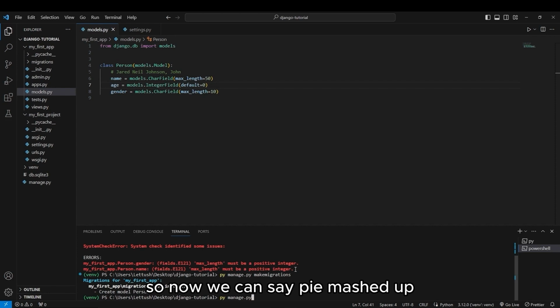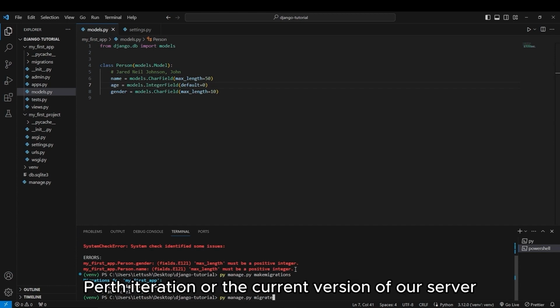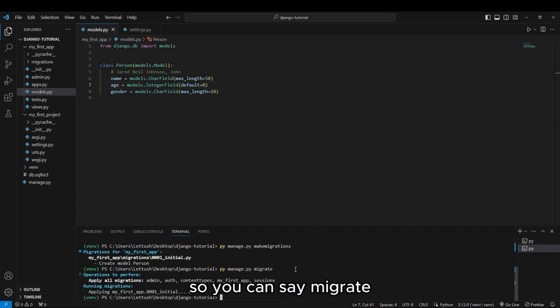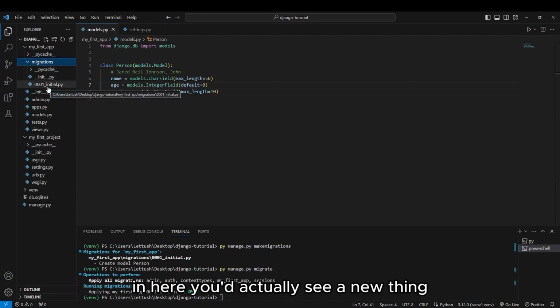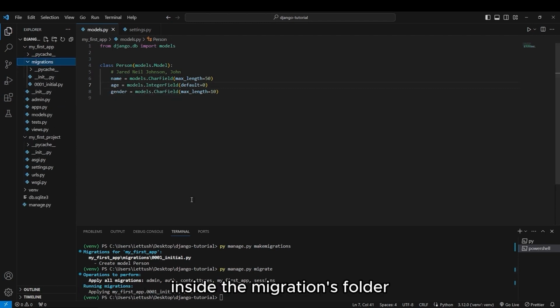So now we could say py manage.py migrate. So once again, just like in the first episode, this migrate is going to be activating these models again because Django just knows that these exist, but these are currently in the current iteration or the current version of our server. So we got to activate that. So you could say migrate. And we could see that the migration that was made in here, you could actually see a new thing inside the migrations folder, is now activated and should be accessible in our